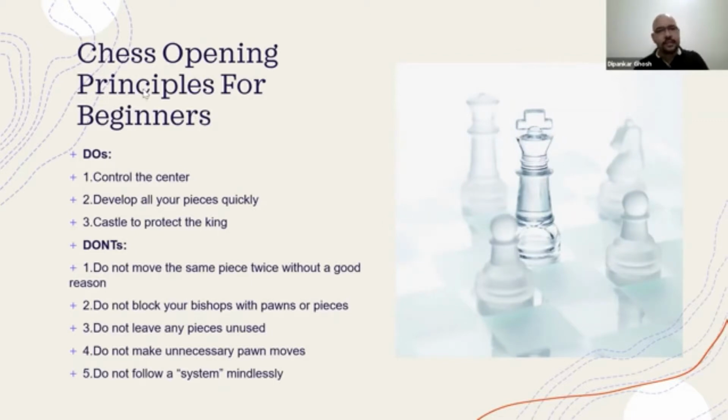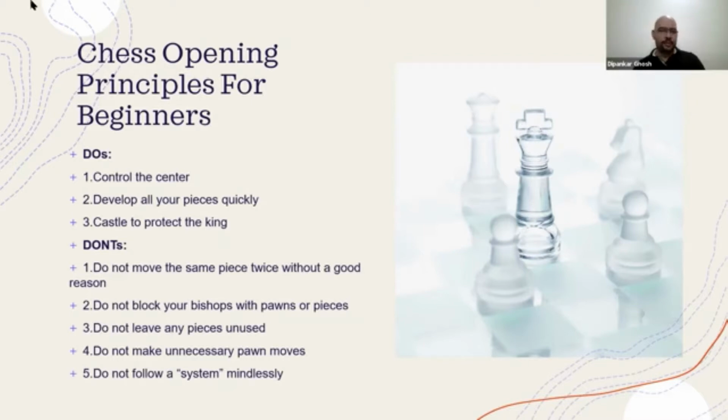The topic for today is chess opening principles for beginners. This is especially helpful for beginner players, but I have seen players all the way up to 1800 rating, so even advanced players make some of these mistakes. These are mistakes right in the beginning, in the opening stage of the game. When we are starting the game, there are certain principles we want to follow if we want to have a good game ahead of us. If we violate those principles, we end up losing a lot of games, and you may not be sure why you are losing them, but you may be making some fundamental errors.